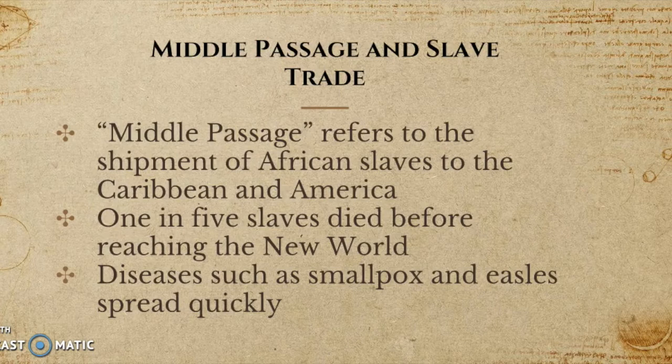The Middle Passage was the main way that slaves came from Africa to America. They called it the Middle Passage because it was part of the triangular trade route that connected Europe, America, and Africa. For example, sugar and rum traveled along this trade route, and packaged goods as well came to the Americas by this triangular trade route.